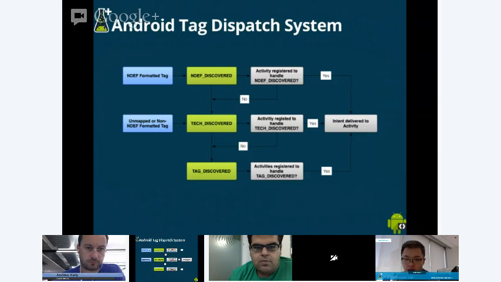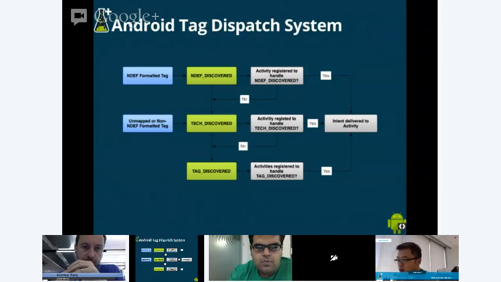Now let's talk about how Android reads these tags and then dispatches them to your applications. Again, there are two major categories: tags using the NDEF format, and tags using other, non-NDEF formats.